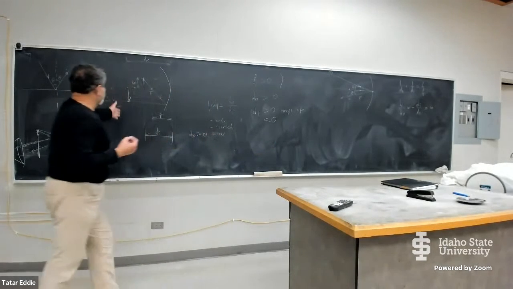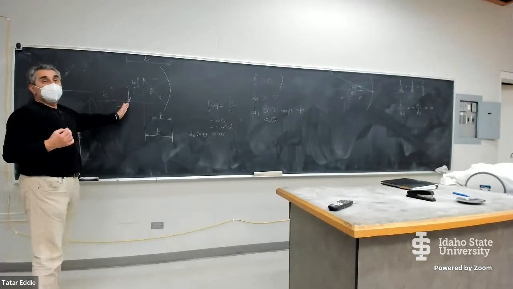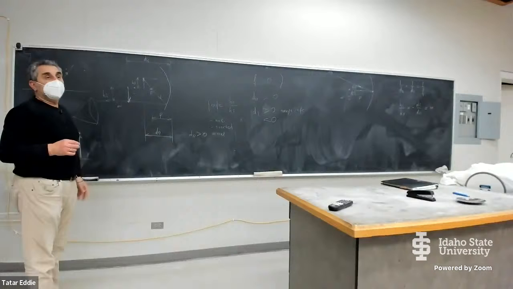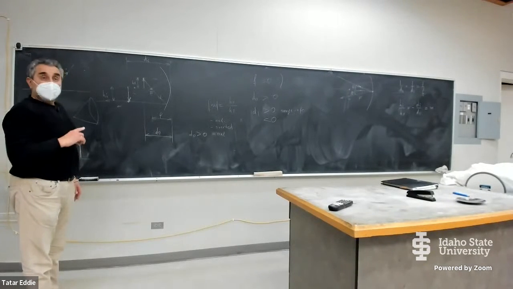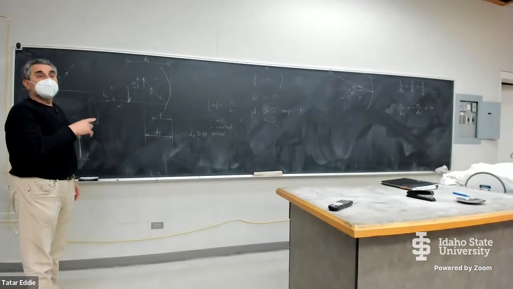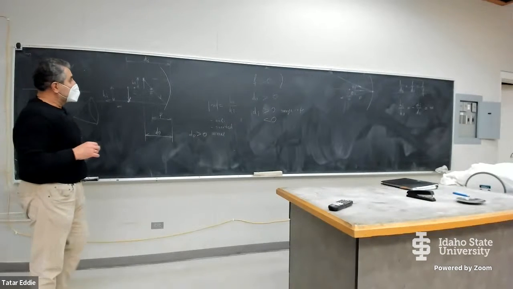So for our case, the case that I have drawn right here, the image is in front of the mirror, therefore di is a positive number. You're going to see in the next case that di is going to be a negative number. Also,